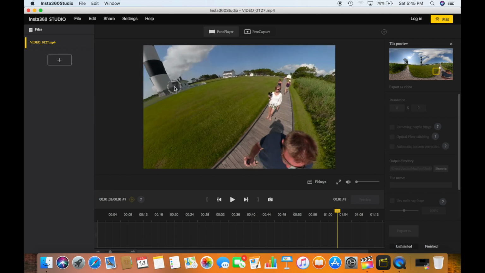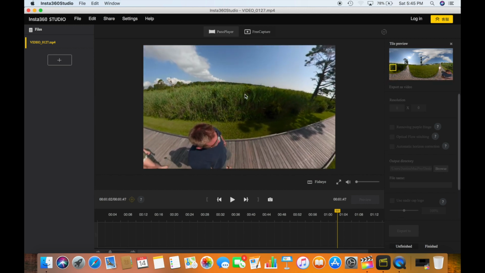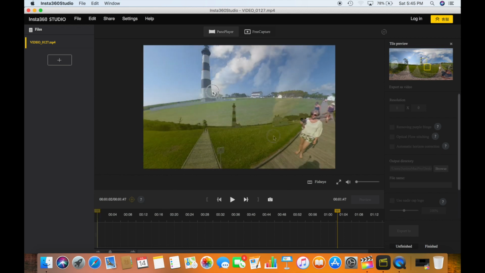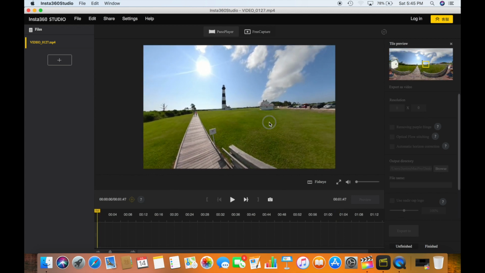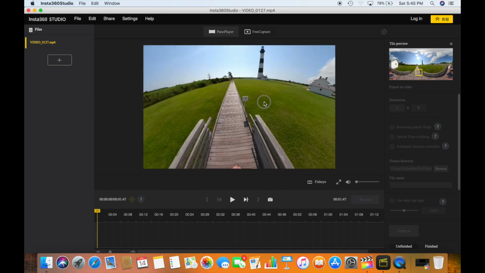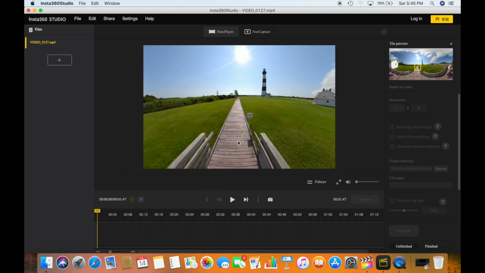What's really nice is I can click and drag around the screen, and you guys can see that it is a 360 video file, and this is where I start to make a hyperlapse or a time-lapse video. I do try to pre-plan my shots, so you'll notice I'm walking with the camera, and there's this long boardwalk here that I knew would be a nice straight shot, and I knew that the lighthouse